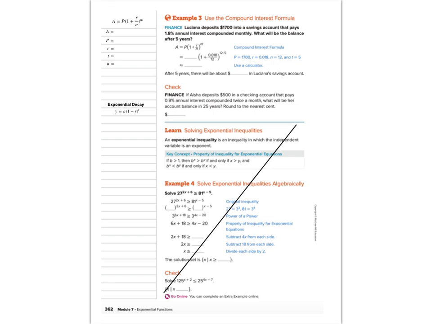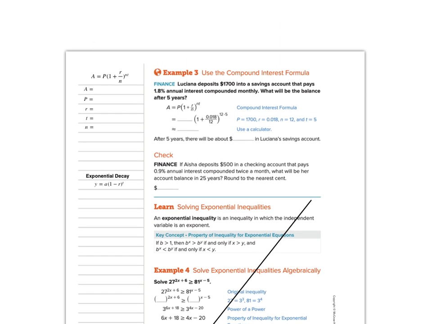And then here, using your compound interest, understanding what does my n value mean, and that is going to be how many times does something happen in a year? How many times is it compounded in a year? So when it talks in our word problem here, it says Luciana deposits $1,700 into a savings account that pays 1.8% annual interest compounded monthly. Okay, and then what will the balance be after 5 years? Compounded monthly, that's how many times in a year, every month. So since there's 12 months in a year, n is going to be equal to